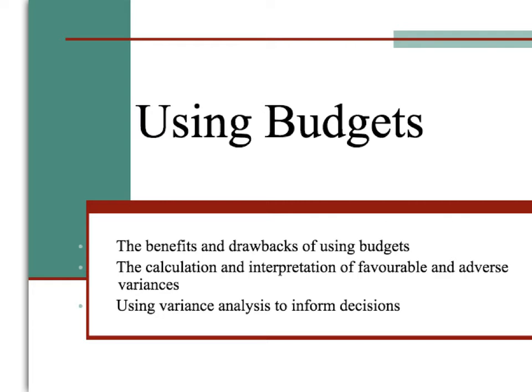So when we look at using budgets, we've already identified that there'll be an income budget, an expenditure budget and a profit budget, and it's likely that that'll be delegated to managers. And so we need to think again about the benefits and drawbacks, so that'll be building on our knowledge. But then we actually need to use some numerical calculations in order to help us make informed decisions.